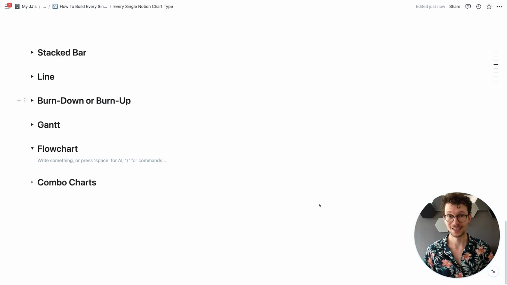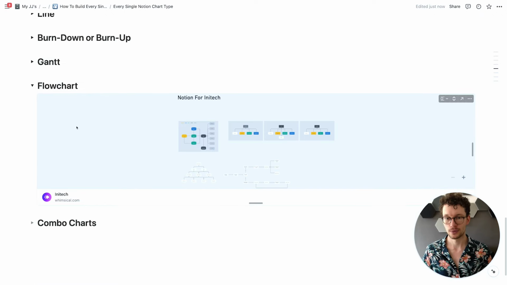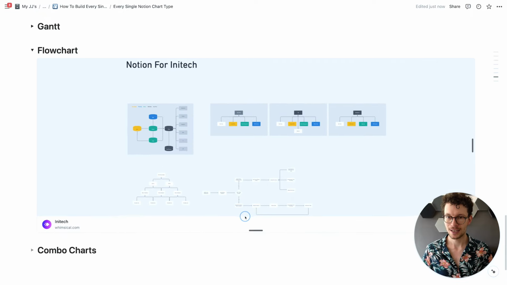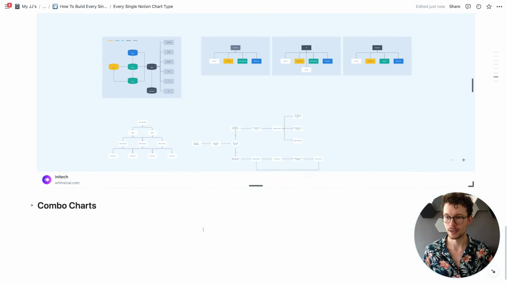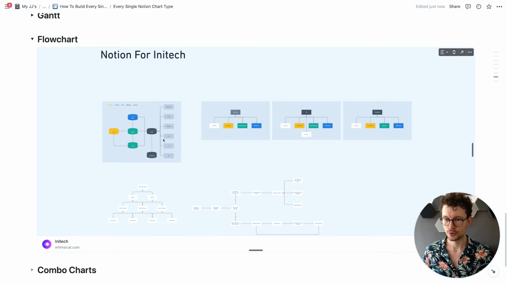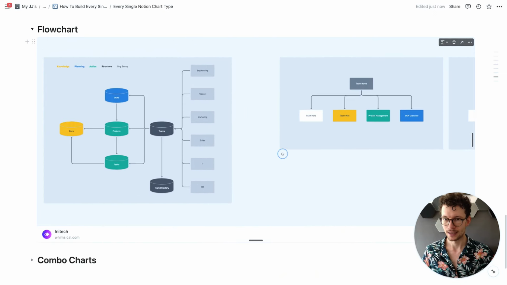My favorite one is Whimsical. Create your flowchart there and then embed it, because Notion has rich embeds with most of them. So for example, with Whimsical, what I can do is I can just paste it here and then choose the preview option. And if you've never connected your Whimsical account, it will prompt you to connect and authorize it. But if you've done so already, you see that I just now get my board from Whimsical here. And I can fully navigate it and scroll into it, look at these things,